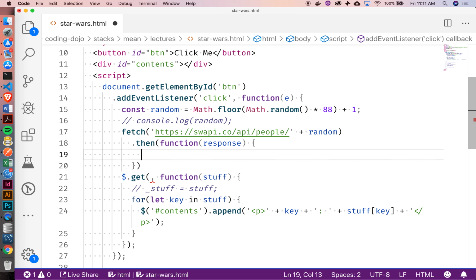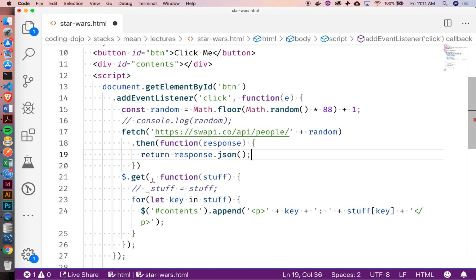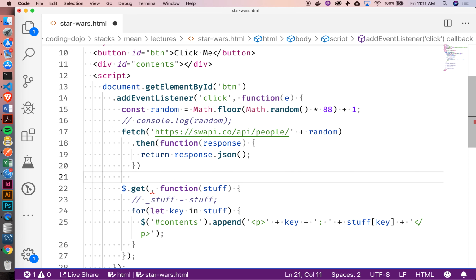So here I can say return response, and then invoke the JSON method to give me back the JSON that I got in my request. Then I actually need to chain it one more time to get that particular resolved promise. This is going to return another promise, and then I can work with it inside my second